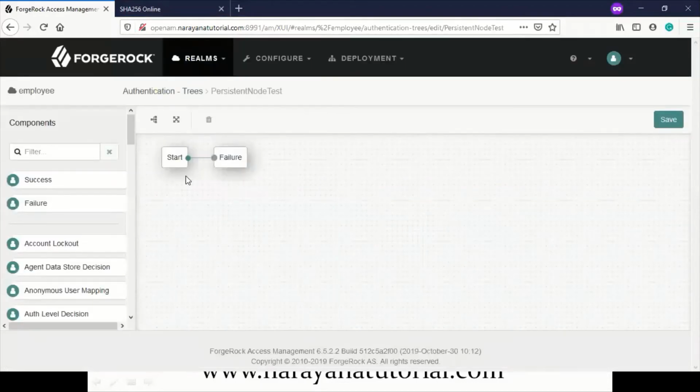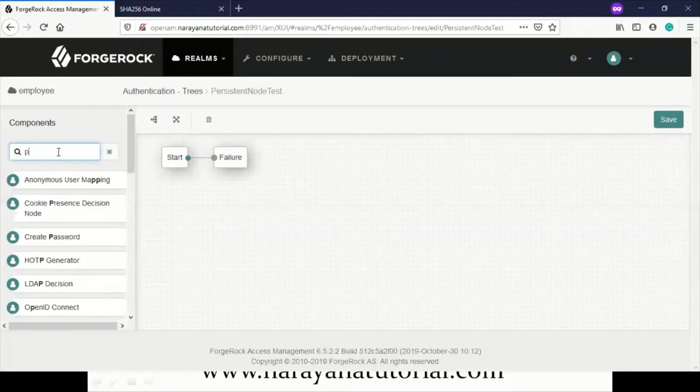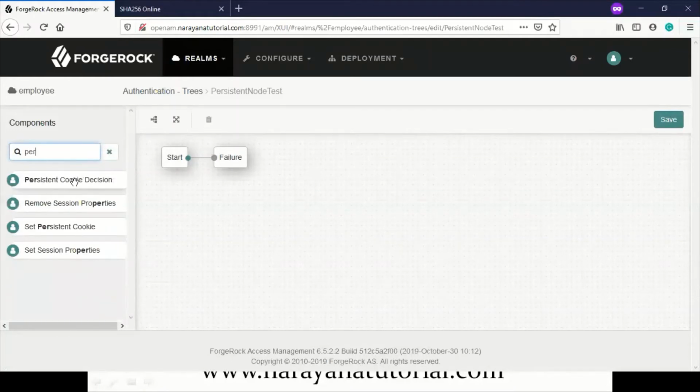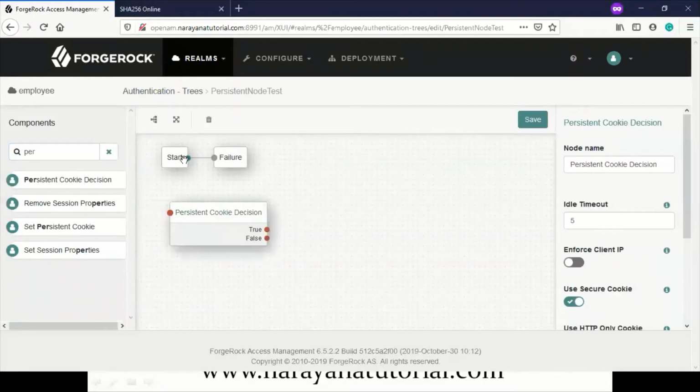Yeah, here we have by default start and failure nodes. Okay. So first we need to get the persistent cookie decision. You have to drag start to persistent cookie decision.